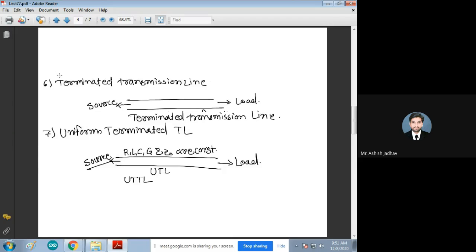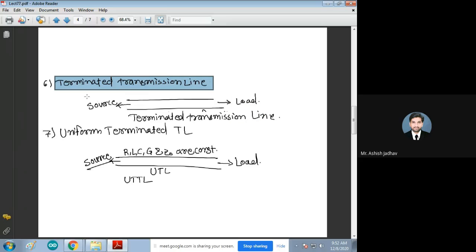Then the next parameter to be considered here is the terminated transmission line. Every transmission line has to be terminated so that better utilization can happen. Termination means that both ends of the transmission line are closed with circuit elements such as a source and a load. If this is a transmission line, and its starting point is closed with the source